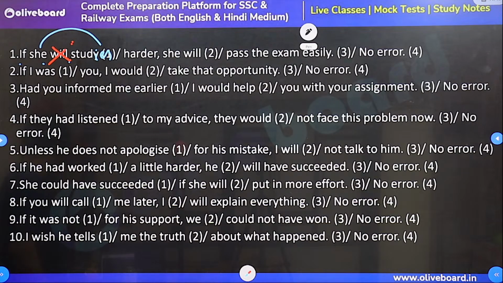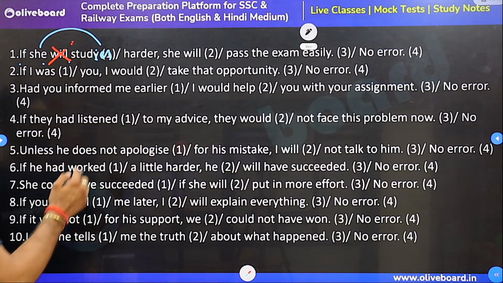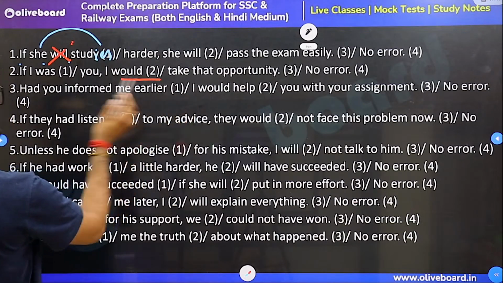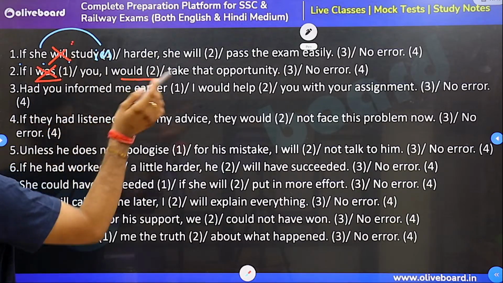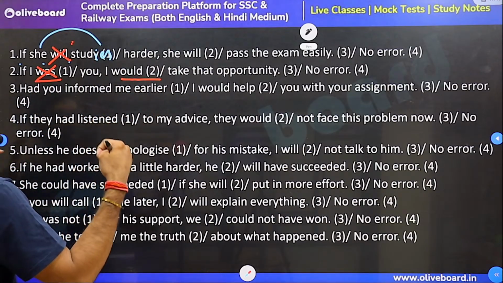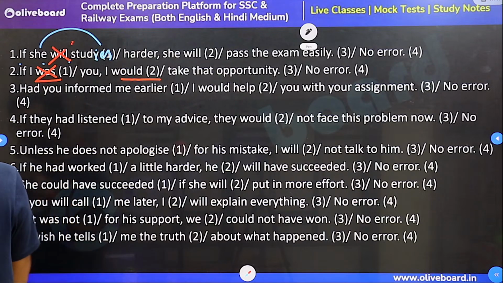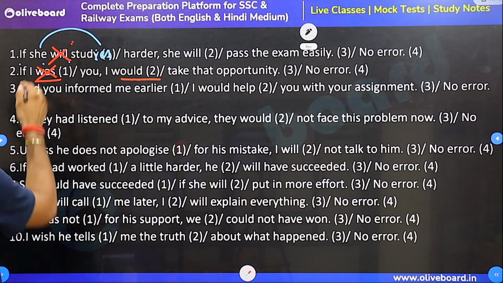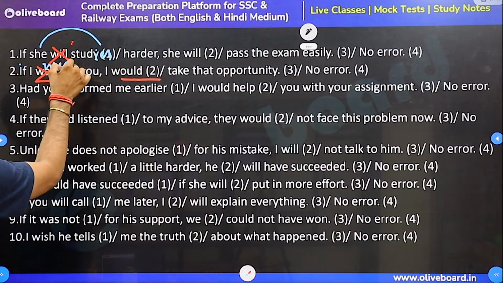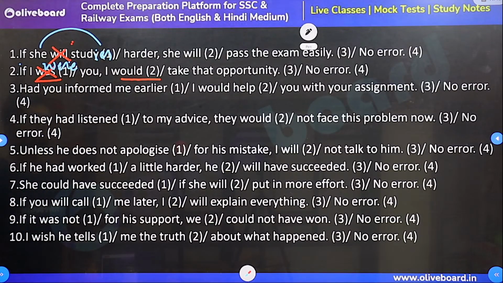Fourth one has an error. And if I was you, I would... second conditional, that's fine. But subjunctive, we will study pretty soon. I hope you remember the unfulfilled desires of past. In those conditions, we mentioned were, not was. If I were, if he were, if she were, because I'm not a millionaire, I'm not the prime minister, I'm not you. If I were, I would do that.